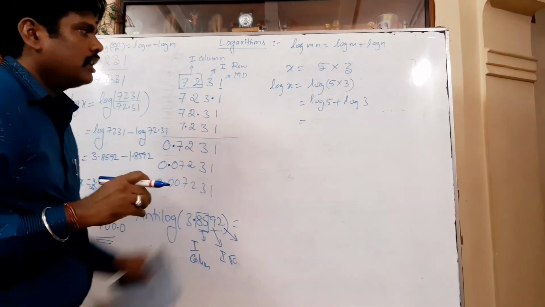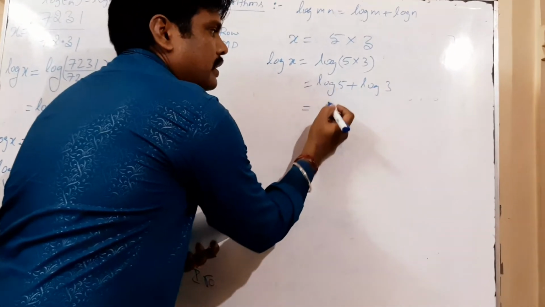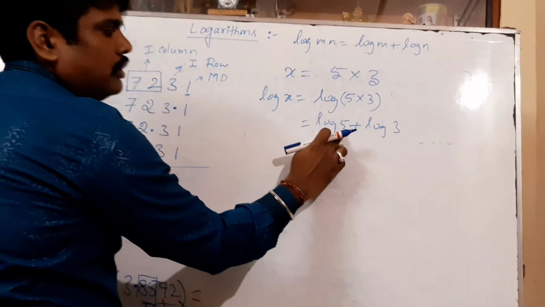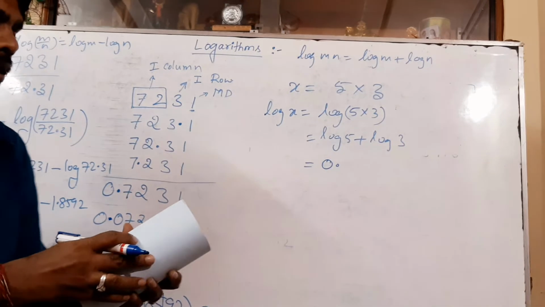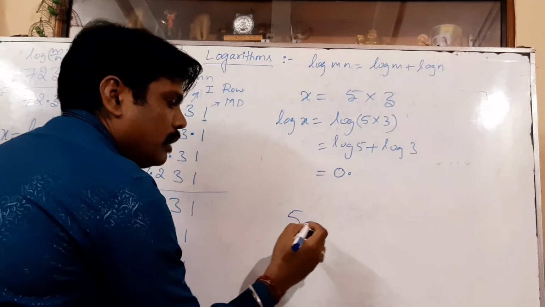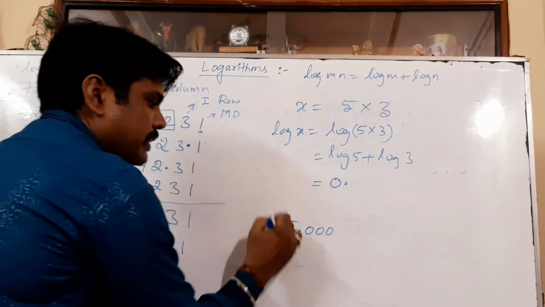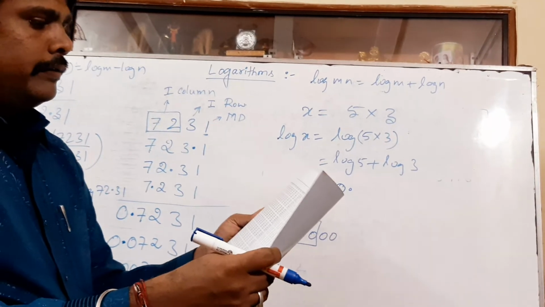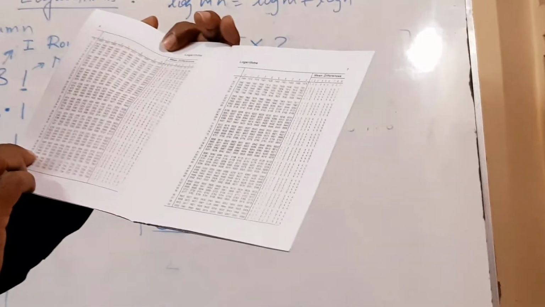So we have to write the logarithmic number for 5 and logarithmic number for 3. First we have to write the characteristic. It is only one number, 1 minus 1. Here the rule is applied, it is a positive number. So 1 minus 1 is 0, 0 is the characteristic, 0.5. So we have to take the logarithmic value of 5. You have to make it for 4 numbers, so 5.000 like this you can write. So the first two digits should be 50, 50 0 you have to see in the logarithmic value. So 50 0 is 6990.